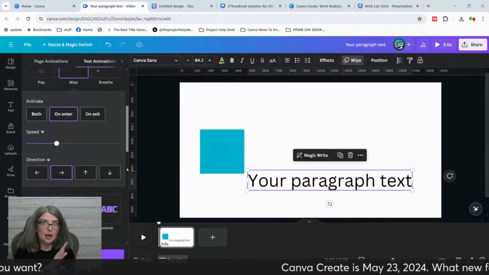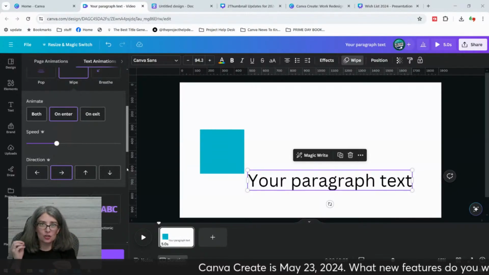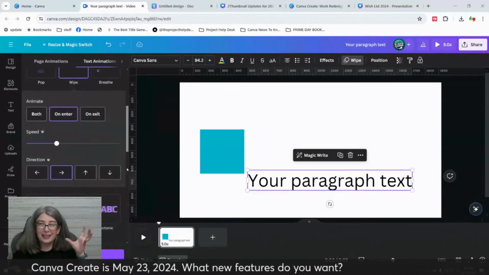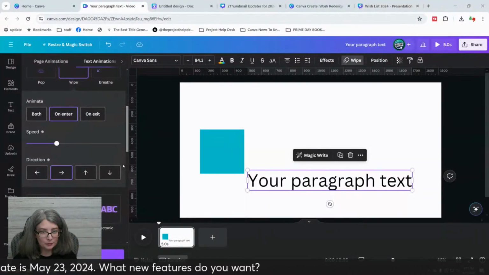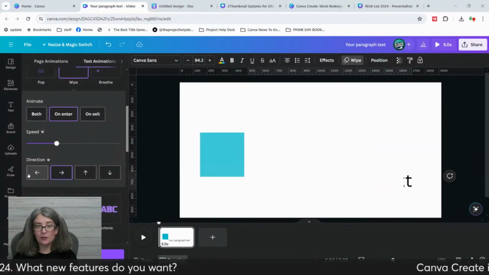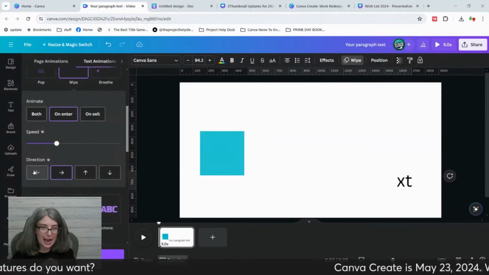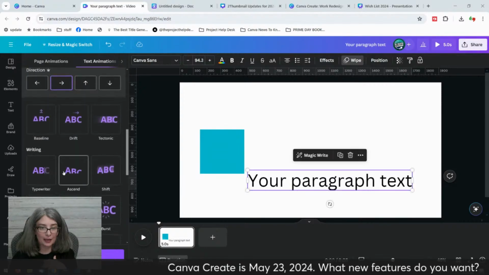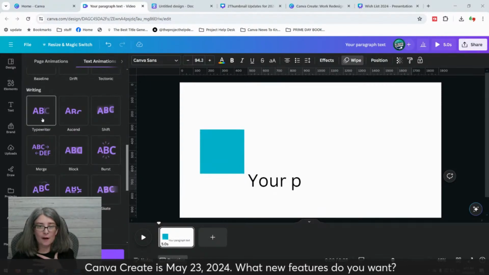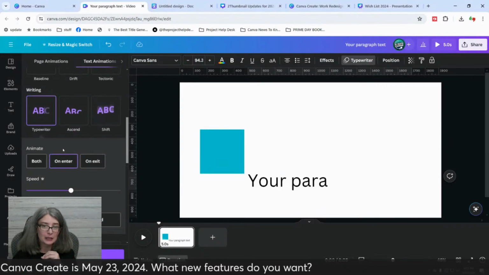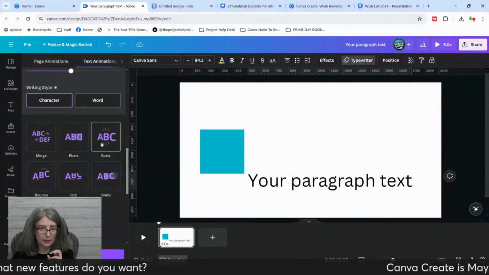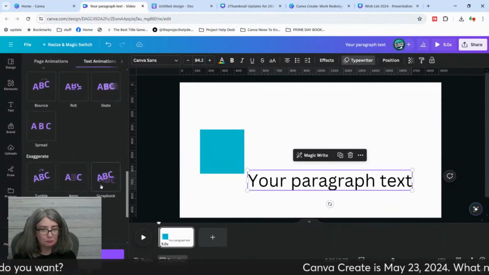I know that some Canva for Education features are slightly different than the Canva Pro account, but hopefully this will still help you. And if you are able to, then you can change the direction of the animation as well. And they're just a bunch of fun ones. I really like to use typewriter and I love Burst. I think Burst is a whole lot of fun.